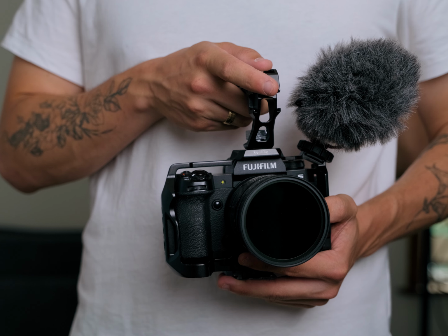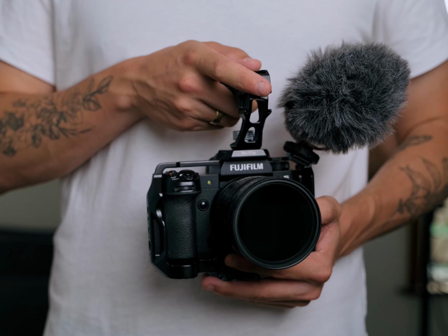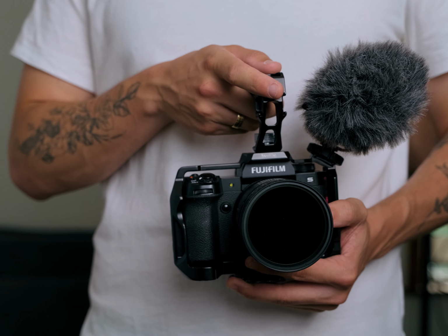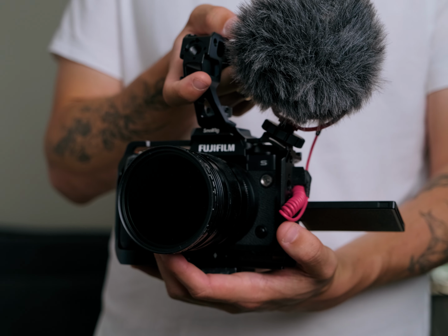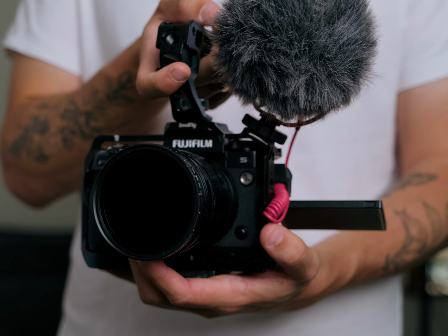The X-H2S is my main video camera, which I'm recording with right now, and my X-T4 is my main stills and backup video camera. The X-H2S is without a doubt the nicest, most capable camera I've ever owned. It's obviously a flagship camera for a reason. It has the best specs. It has the best ease of use when it comes to the layout with that little ink dotty thingy screen